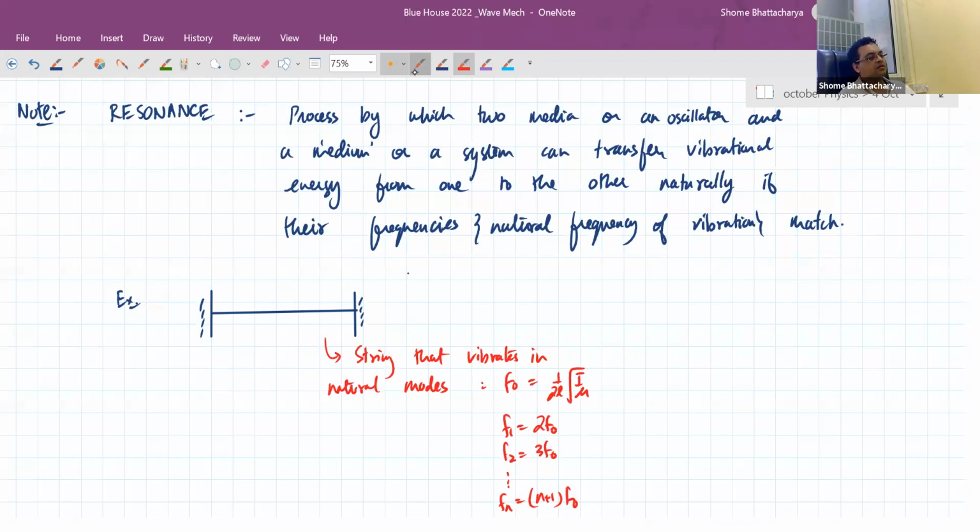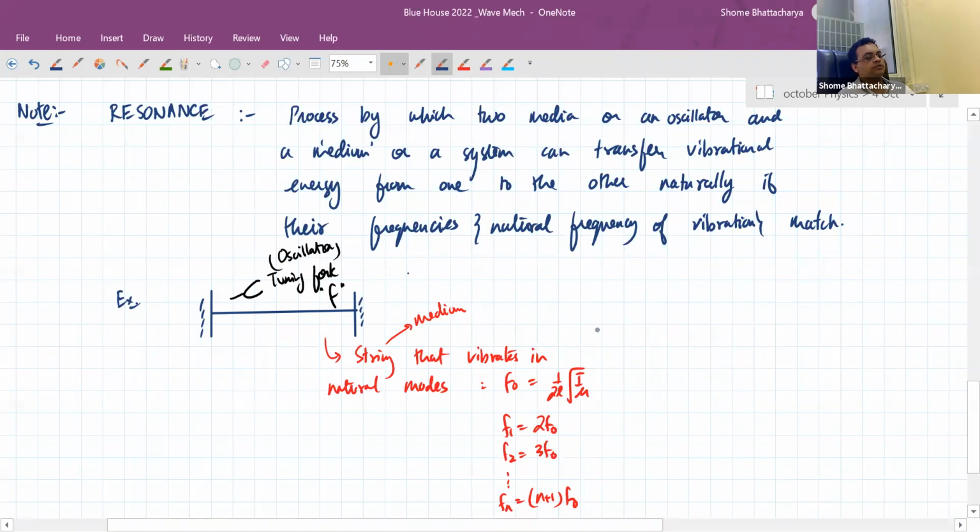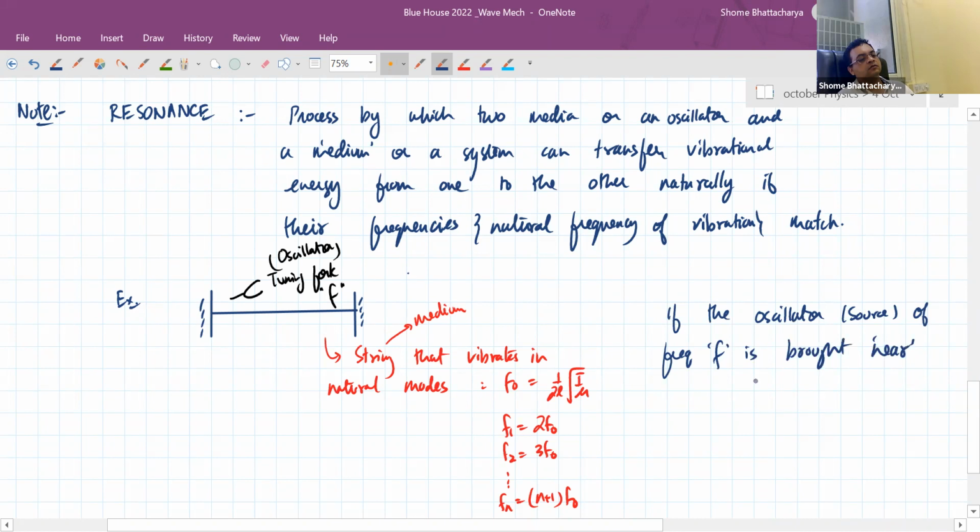Now, if we bring another oscillator like a tuning fork, which is of frequency F, its own natural mode of vibration is at a frequency F. If we give the tuning fork some energy, it will vibrate at its natural frequency F. So if this string, being a medium, is next to this tuning fork, which is acting like an oscillator, and the oscillator or source of frequency F is brought near but not in contact, just brought near the medium, which in this case is the string,